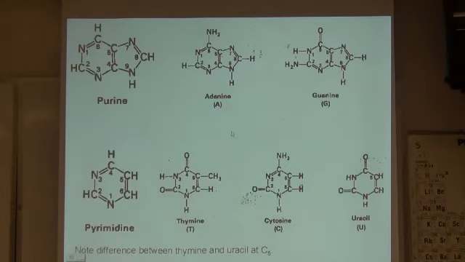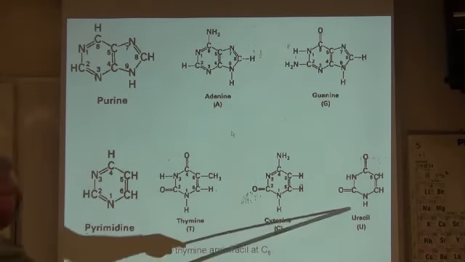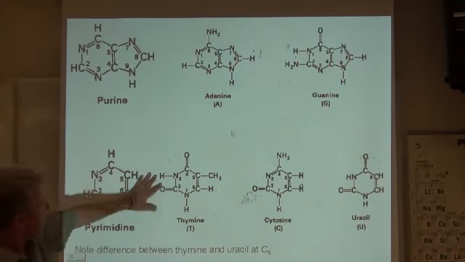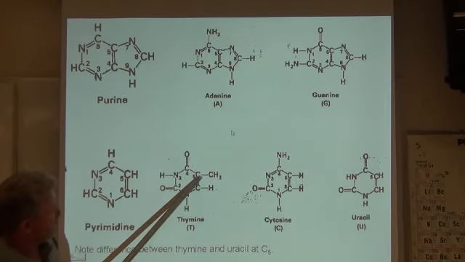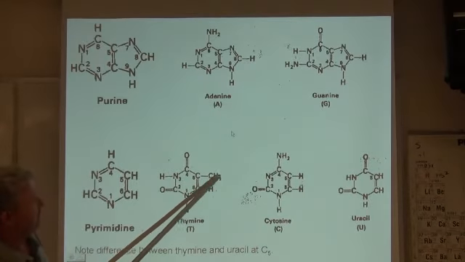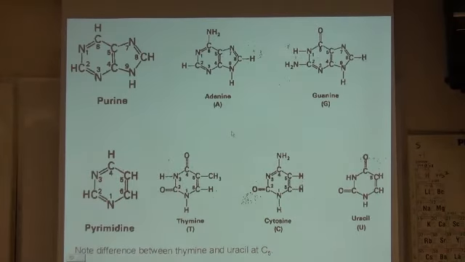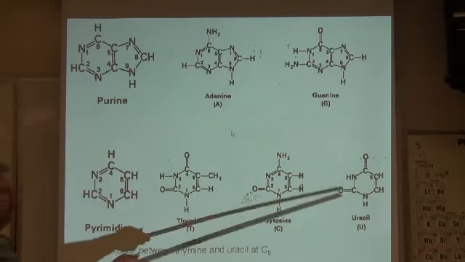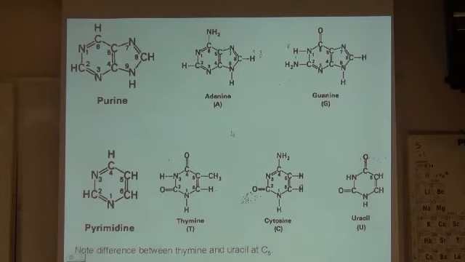These are the structures of the purines and the pyrimidines. No, you don't have to memorize them. I'm just giving this to you so you have it for future use. You can see the purines are two fused rings, whereas the pyrimidines are a single one. Interestingly enough, thymine and uracil are very, very similar. Look at the structures. The only difference here is at C5. In thymine there's a CH3. In uracil there is a hydrogen. And we'll see that thymine and uracil replace one another. Uracil is only found in RNA, whereas thymine is only found in DNA.